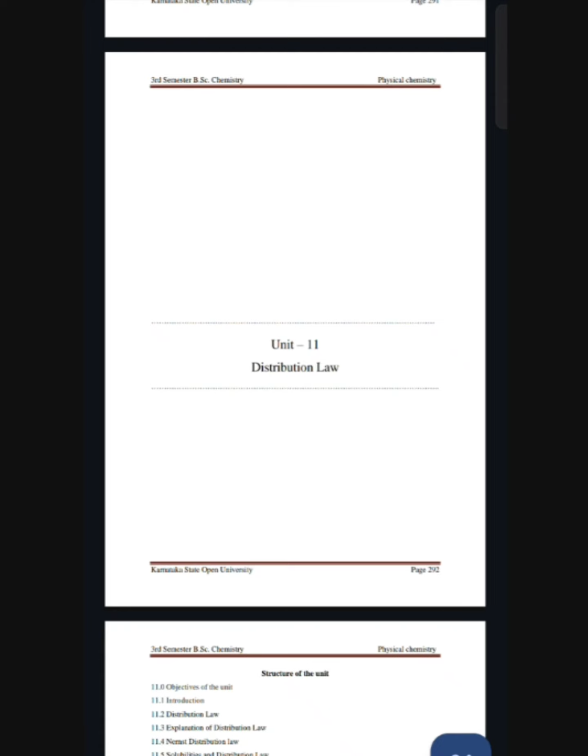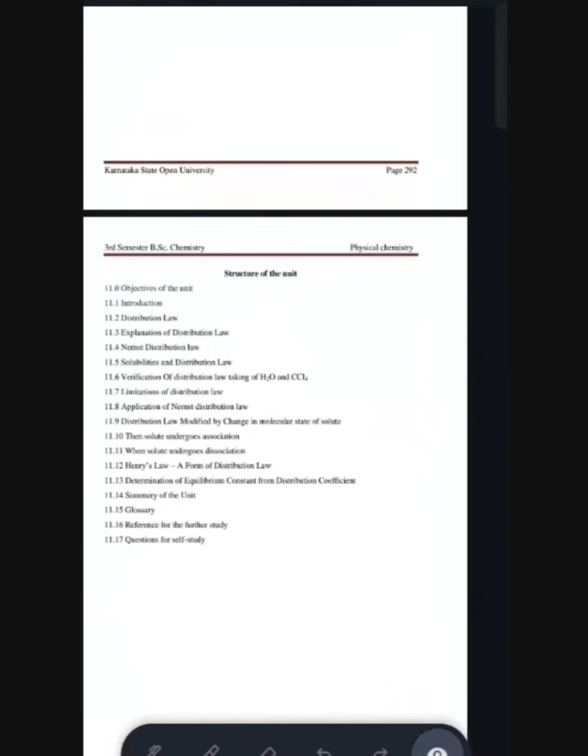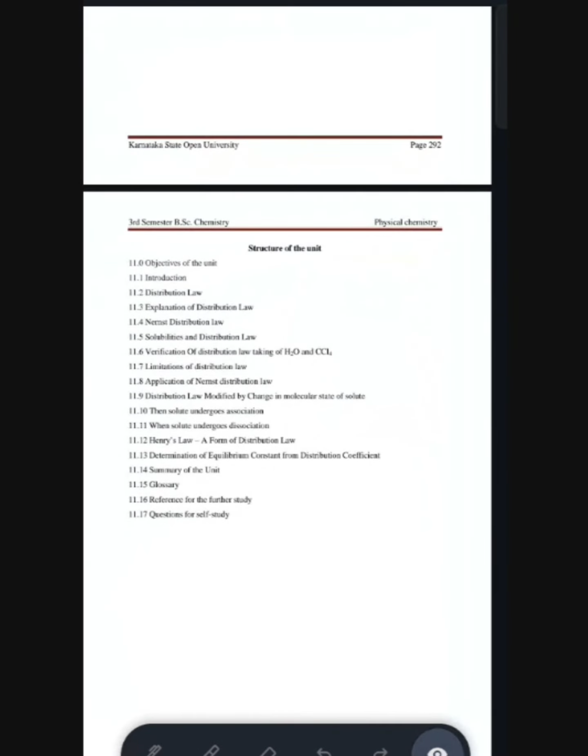That is B.Sc Physical Chemistry, Unit 11, Distribution Law. In this unit, the main objectives are to learn about the distribution law and the Nernst distribution law,